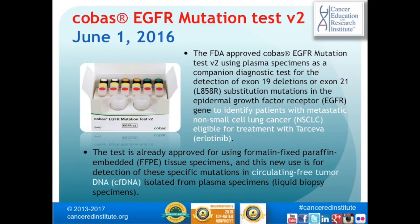COBAS is an EGFR mutation detection test which was approved by the FDA on June 1, 2016. The FDA approved the COBAS EGFR Mutation Test v2 using plasma specimens as a companion diagnostic test for the detection of exon 19 deletions or exon 21 L858R substitution mutations in the epidermal growth factor receptor (EGFR) gene to identify patients with metastatic non-small